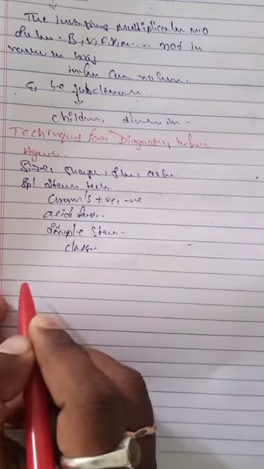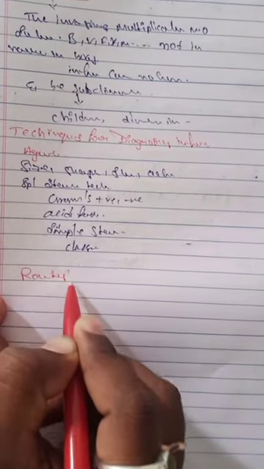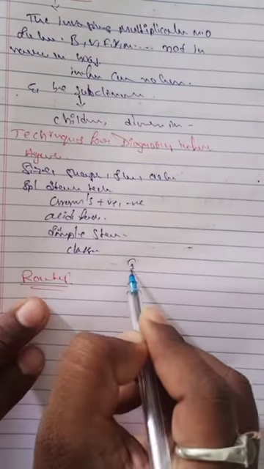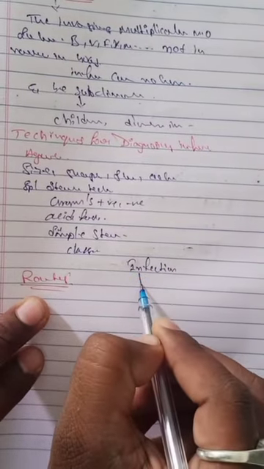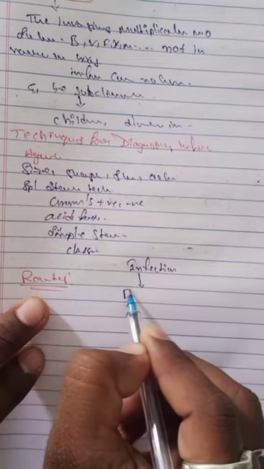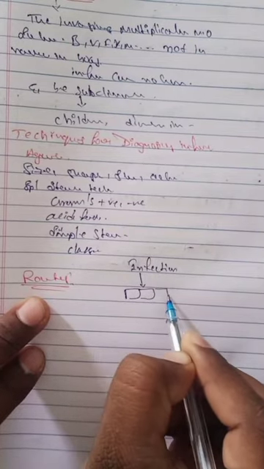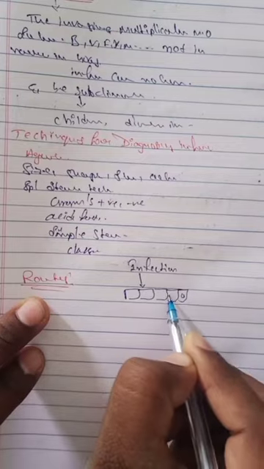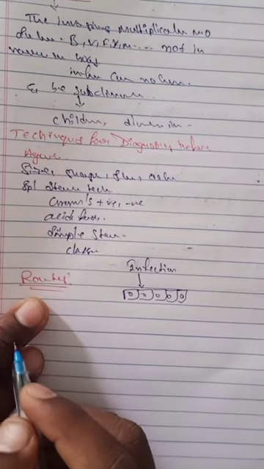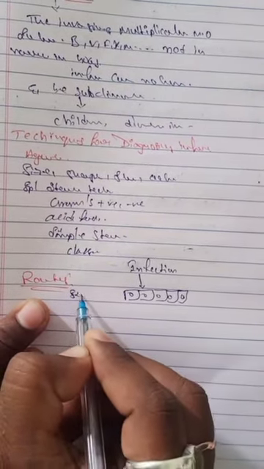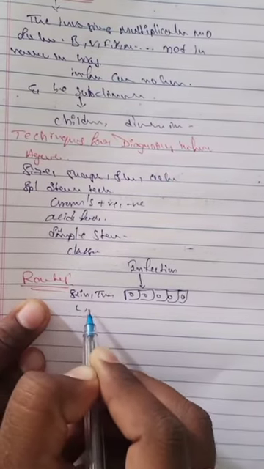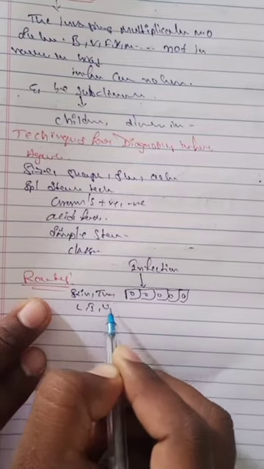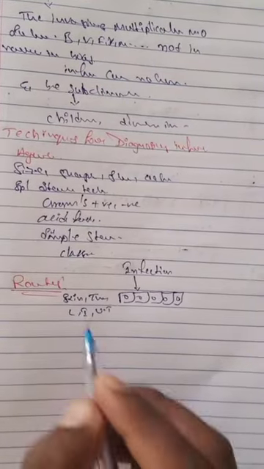Routes of infection means, for example, infection occurs here. This is the infection entering into the cells. So which type of cells? Skin cells, throat, lungs, intestine, urinary tract. So these are the cells.